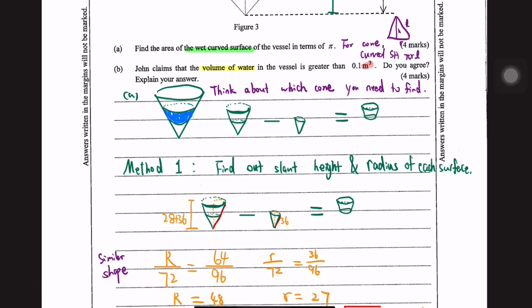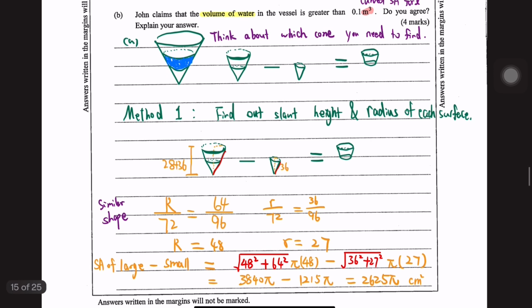Now you are finding the curved surface area, so you need the slant height. We can just find it in the one equation, this equation using Pythagorean theorem, because there are right angles here. 48 squared and 64 squared, square root, we will have the slant height times pi times